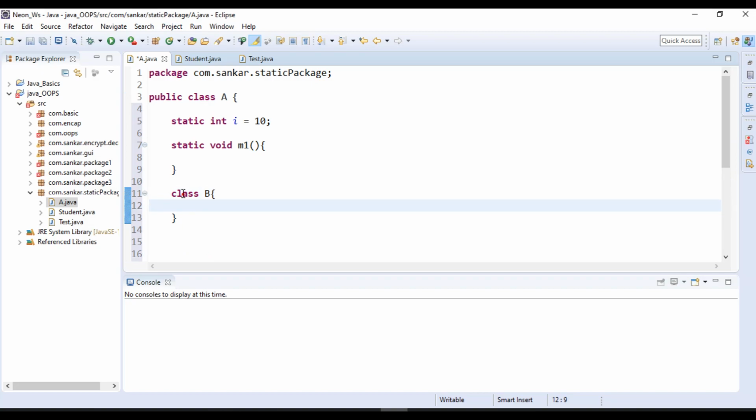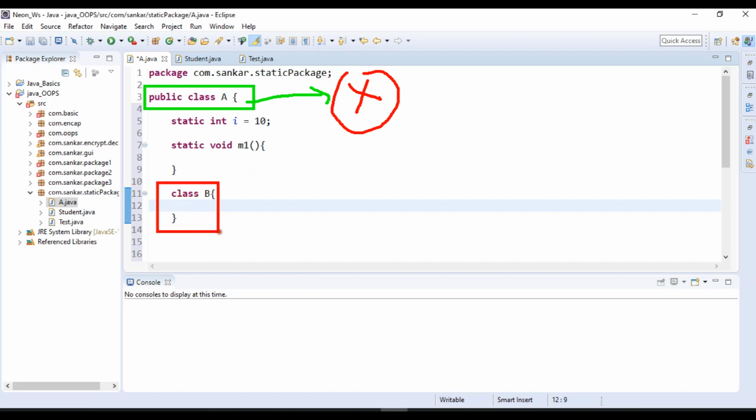Let me conclude. Here one class is there already. For this class we can't apply the static modifier. But inside we have one more class, one more class inside a class.